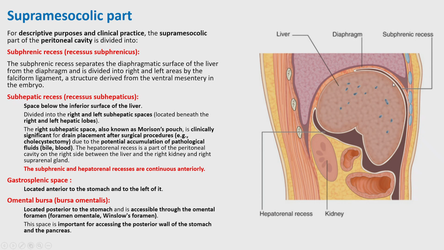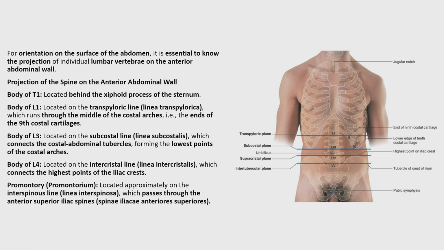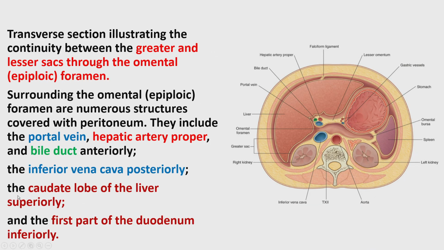Here is the subphrenic recess under the diaphragm, and here is the subhepatic recess. One part of the subhepatic recess is the hepatorenal recess that we mentioned, and on the left side is the gastrosplenic recess or space that is located here. Then those are the lines that we already explained, and those are the landmarks of this line, and this is the cross section that is telling you the